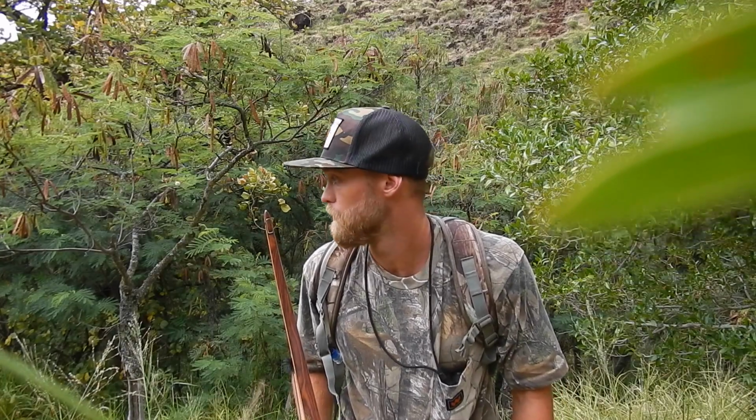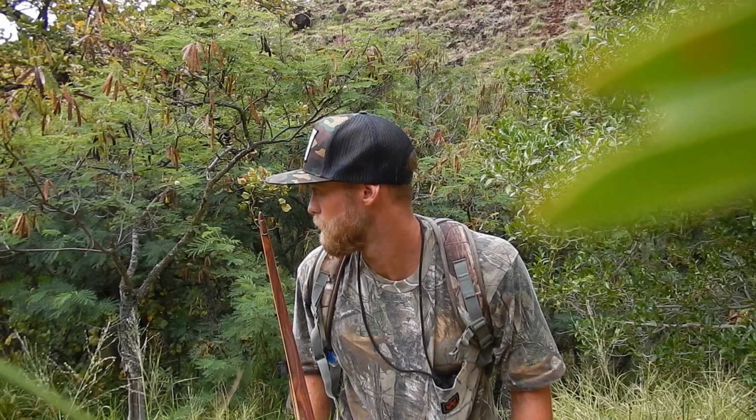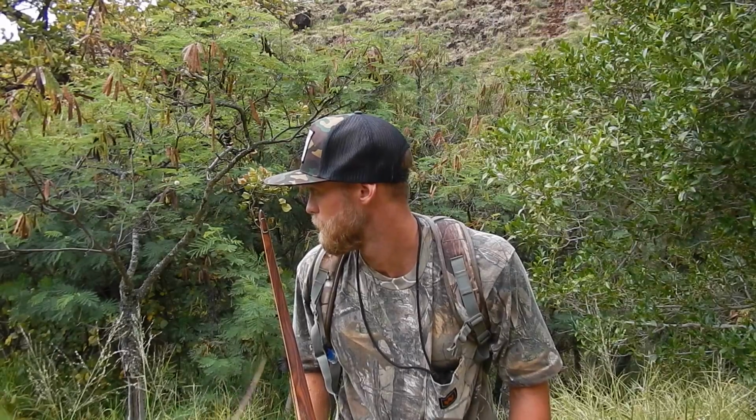So a couple of things. What am I doing? I'm out here stump shooting, and shooting at stumps is, sorry, we got a couple of Franklins running through the brush over here. Shooting at stumps is one of my favorite activities because it makes you a better hunter. It makes you a better shot in hunting situations. I don't know how many people actually use this for training like I do, but